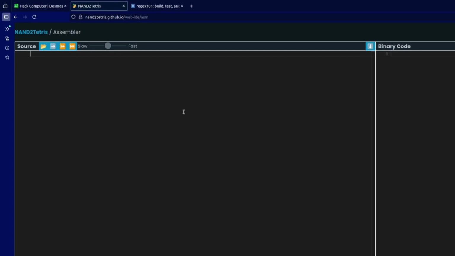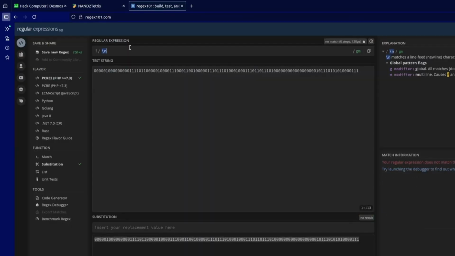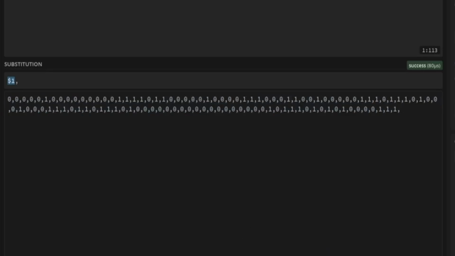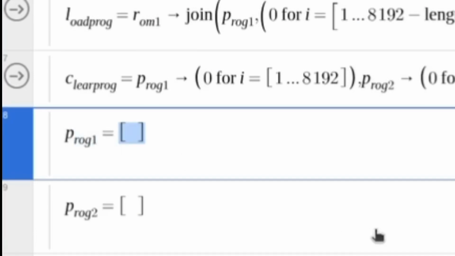So let's test my code with the actual Nand2Tetris assembler by translating this brief program that I've written to fill the screen with black by repeatedly setting each 16-bit chunk to 2's complement of -1, which is all 1s, which is all black. We can see if my Desmos computer is truly compliant with a simple program like this. With a quick jaunt to my favorite website ever, regex101, we can get this output as a nicely formatted list. By then pasting this into Desmos, we can create a program called fill, which, by loading that into our program memory